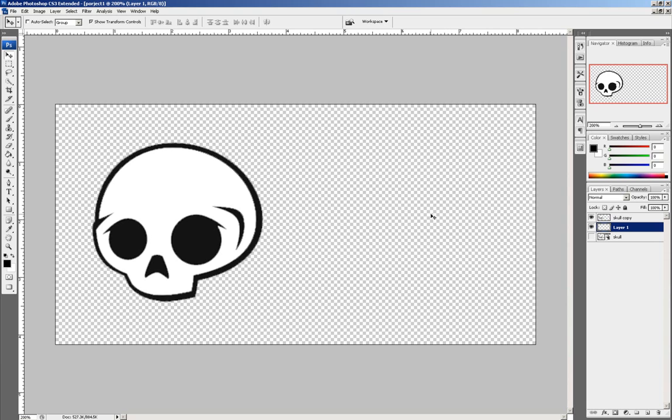First off, if I click on this layer, you notice I can drag these layers and reorder them in this list. So now the skull is on the top layer. If I put this layer at the very top, I'm going to click on it, and I went over to this paint bucket tool. Click on the paint bucket. Down here you have two colors, a foreground color and a background color. There's this little arrow here. If you click on it, it'll flick between the two. I don't like the black and white